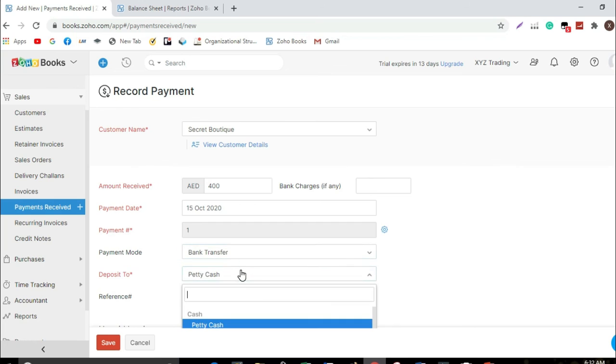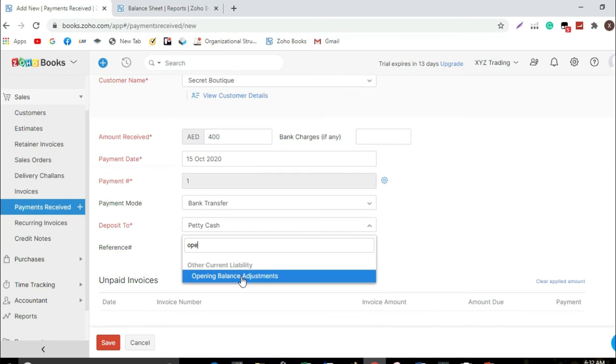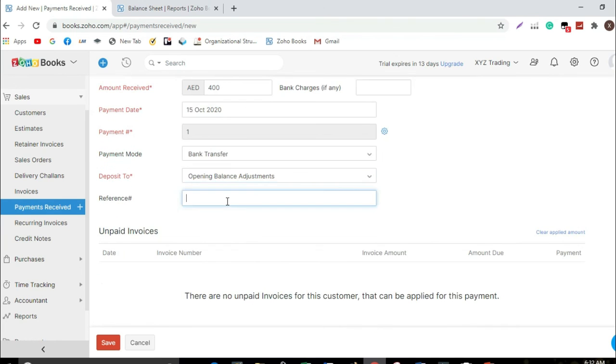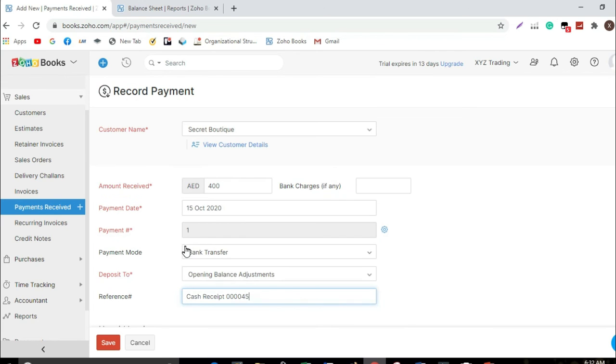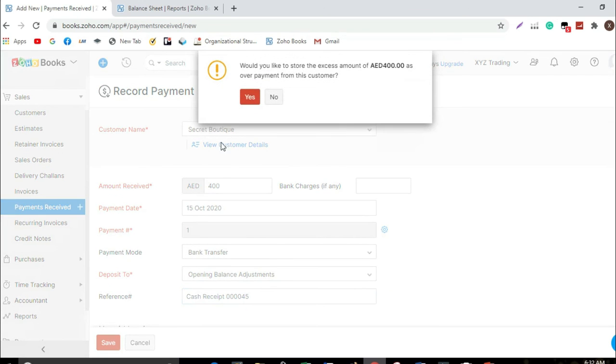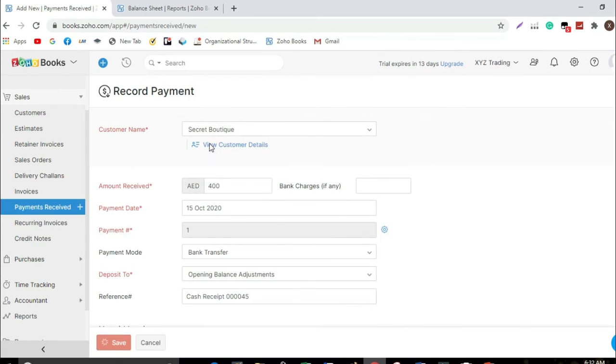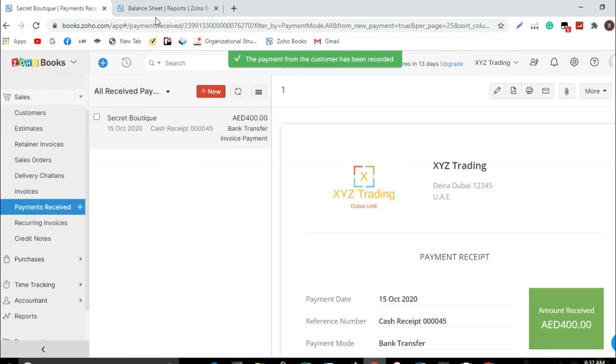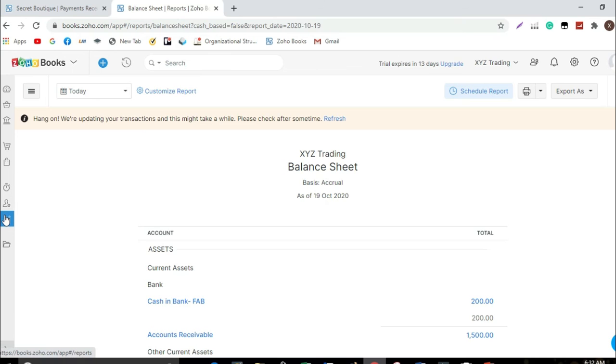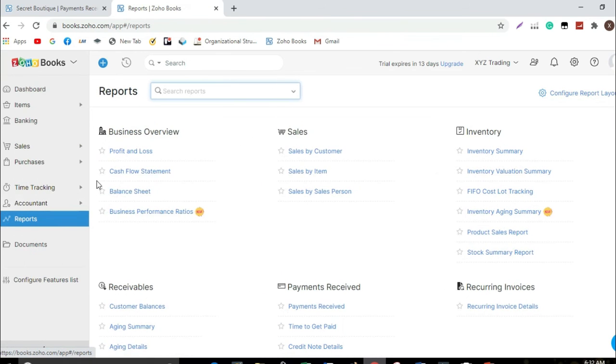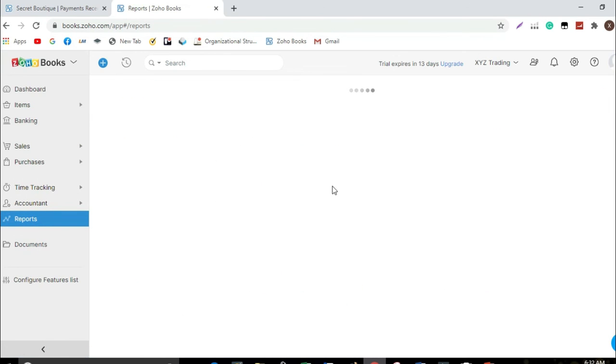With opening balance, please select opening balance adjustment. If you notice below, there are no unpaid invoices. It means that we have received the payment even though we have not issued the invoice, or even though the order is not yet delivered. So let's go to the balance sheet and check if the opening balance adjustment is now 0.